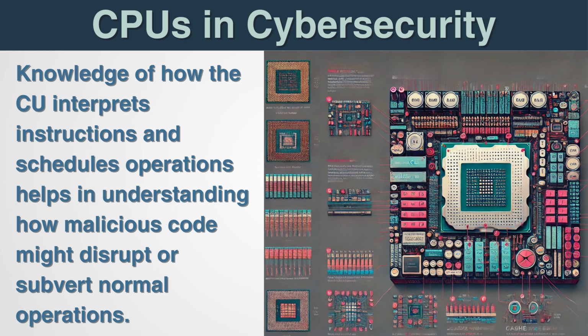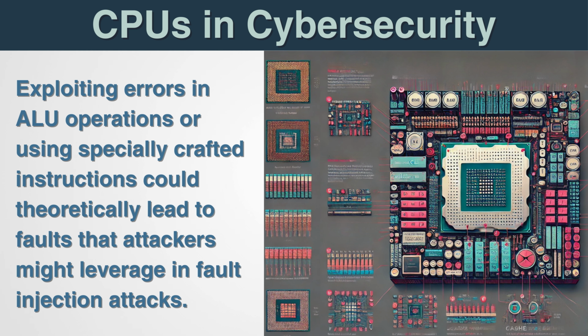We talked about the fundamental components, so the control unit orchestrates the fetch, decode, execute cycle. Knowledge of how the CPU interprets instructions and schedules operations helps in understanding how malicious code might disrupt or subvert normal operations. The ALU, Arithmetic Logic Unit. The ALU handles basic arithmetic and logic operations. Exploiting errors in ALU operations or using specially crafted instructions could theoretically lead to faults that attackers might leverage in